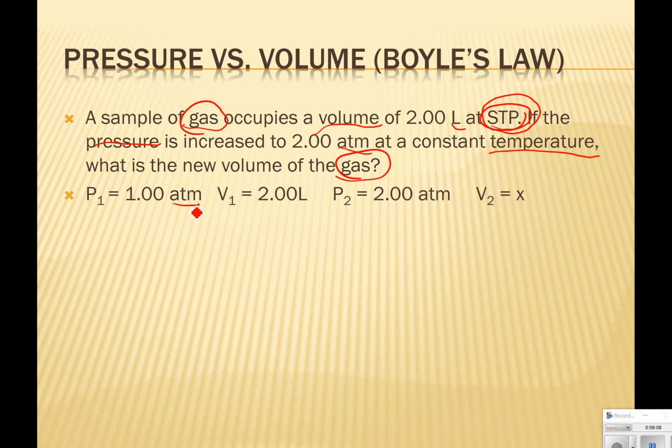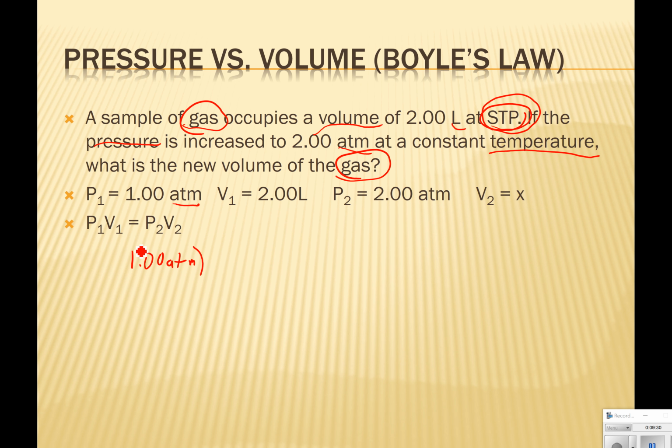We could also use kPa. Atmospheres tend to give us a little nicer number. We know that the pressure changes, it doubles up to 2 atmospheres, and we're going to solve for the new volume of the gas. And here's our equation that we're going to use. So we plug our numbers into here,